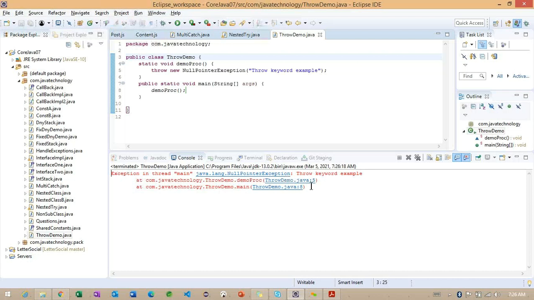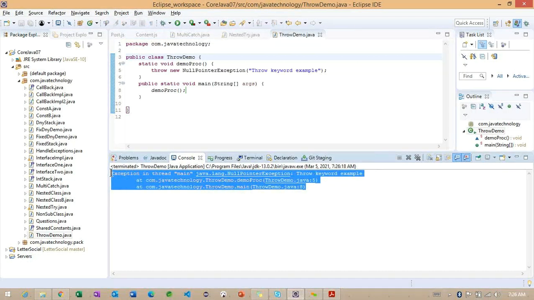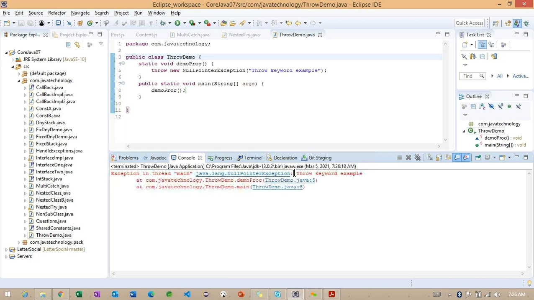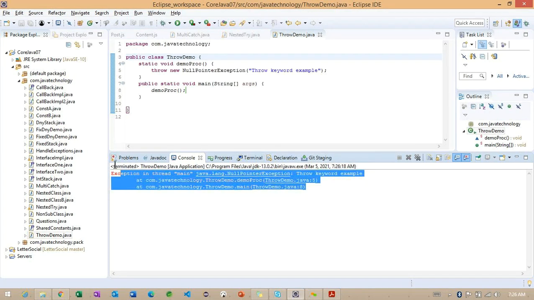So basically, who is handling this exception here? We are not handling any exception. So Java, the runtime system, is handling this exception, and whatever message we provided, that message only we are getting. But we don't want to get this particular message. We want to provide the message of what we are trying to check here.